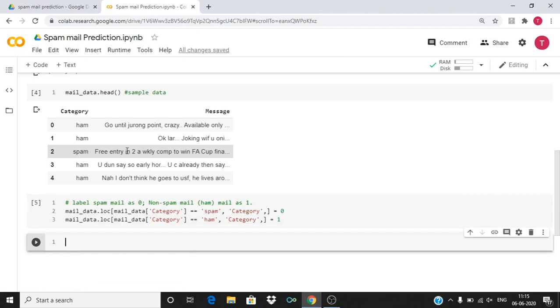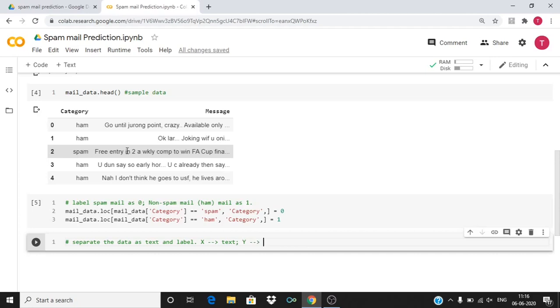Okay, so we have labeled the data. Now we need to separate the data as text and labels. So let's store the text in the variable called x. So x represents text and y represents label.